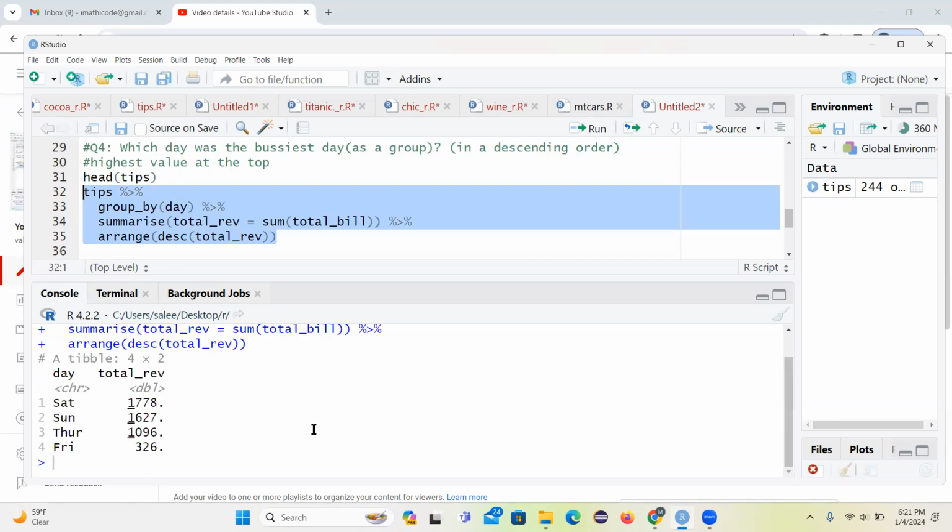So here is the output. As you can see, the busiest day is the Saturday, and they made $1,778. And the slowest day is Friday. They made only $326. So that is how you use group by, summarize. It could be mean, it could be sum, and then you can arrange in